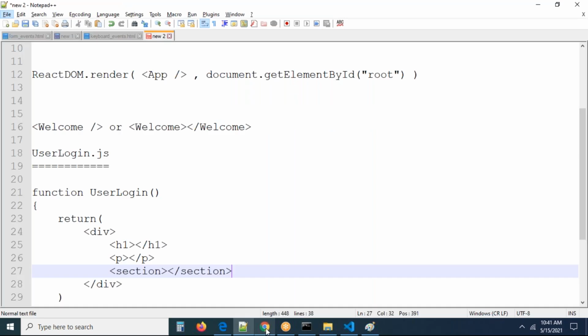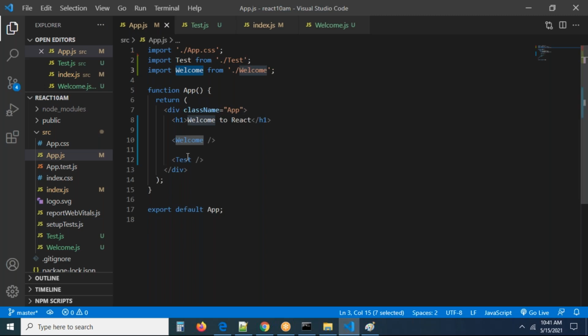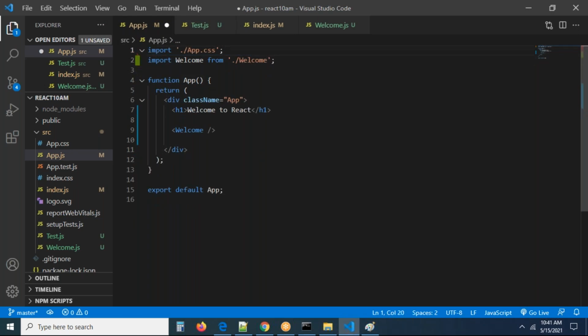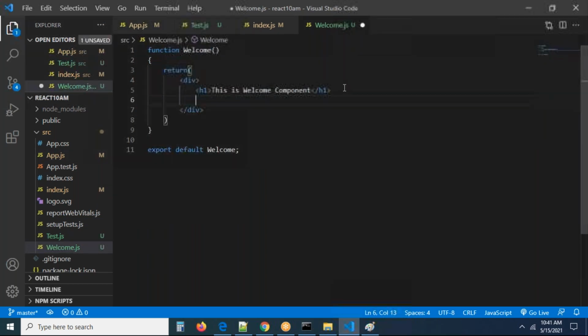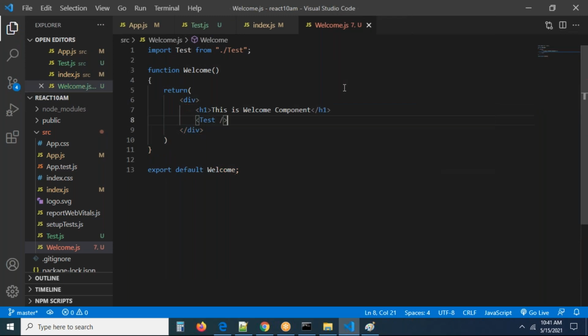Both are there. Now, you don't want to load the test component in app.js. You want to load this component into your welcome.js. For example, the test.js you created. Okay, now I don't want to load the test component here, sir. I want to load this test component into the welcome component. Can we load like this? 100%, guys. Why not? You can go and write this test component, just hit enter. The test component was imported on the top of the page and it was done.